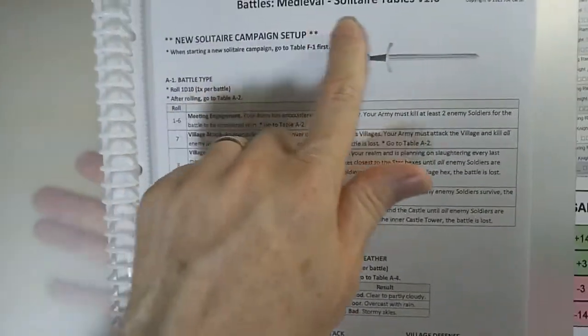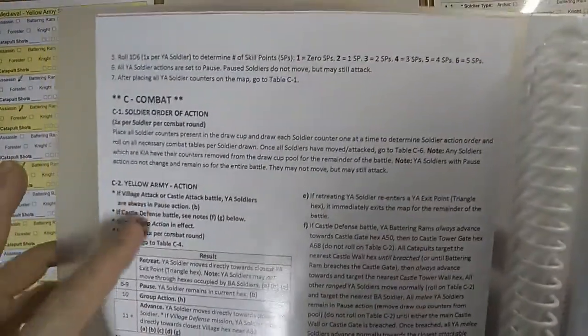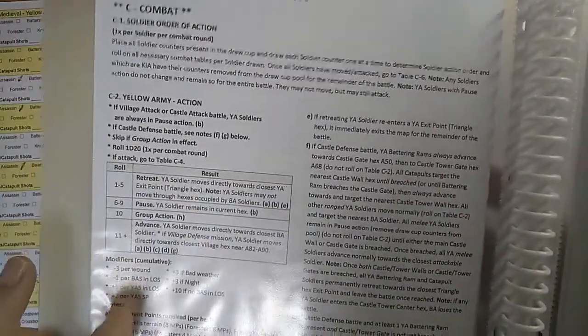These are the solitaire tables. There are 2 different table books. So I'm going to be demonstrating a solitaire battle today. He uses an AI bot for the enemy, the Yellow Army. So this is Yellow Army action. This determines their movement. Now, for example, first, these are the modifiers, plus, minus, depending on